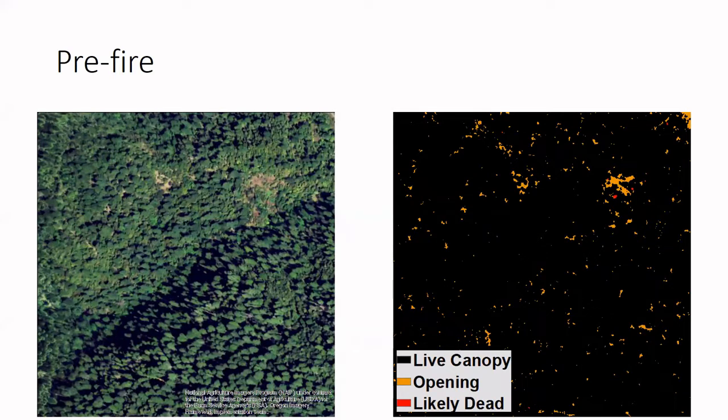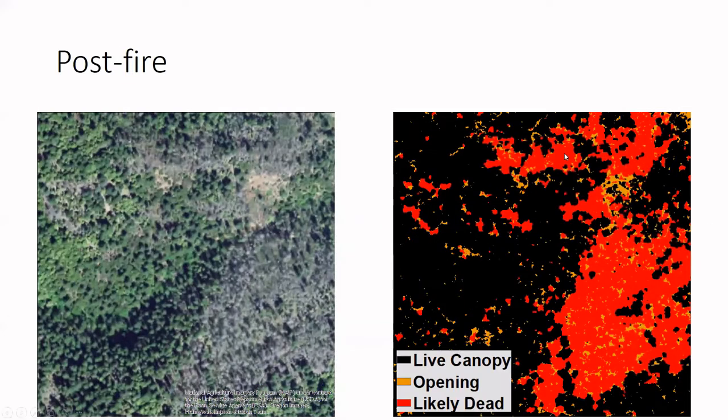And the fire came through here and a lot of stuff died. The red here are the spots where we believe from the LiDAR data that the trees are dead. And then the brown are openings, some of which were there pre-fire and some of which were opened by the fire. And you can see this is a spot that has a nice mix of severities. Like this, I don't know if you can see my cursor, but this huge patch of mortality in the bottom right is high severity. We have some more moderate severity in like the top middle, maybe some low severity in the upper left, and then maybe some stuff that was completely unburned in the left middle.